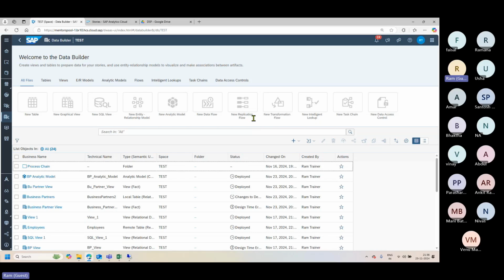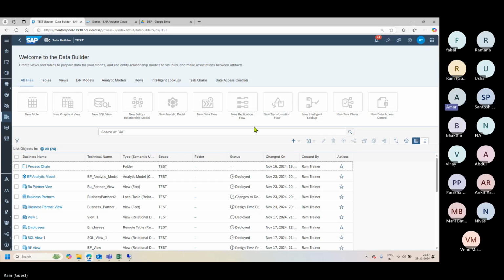even touching any objects in the DataSphere, right? So I want some S4 data to be replicated in an Amazon S3 bucket. Then I can use DataSphere just as an ETL tool. In that case, I can use the replication flow. So I will connect my source database to my target database, and then I'll select whatever tables I want from the source, say 5-6 tables, and I'll click replicate, and that will create these 5-6 tables in my target. Right? That's the replication flow. It's just using DataSphere like an ETL tool. DataSphere doesn't have to use